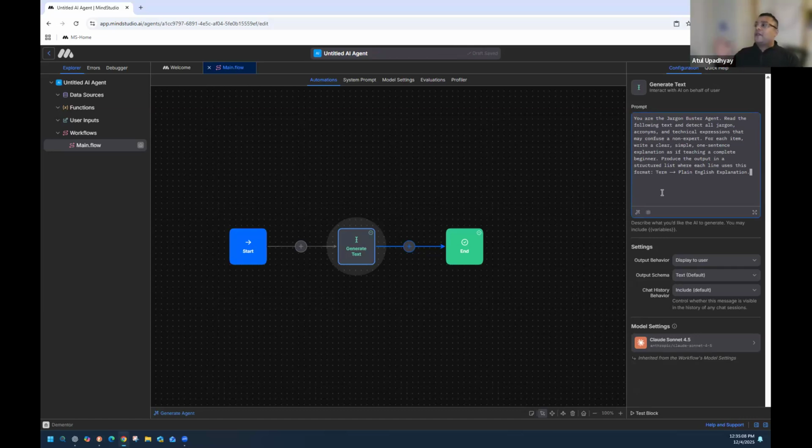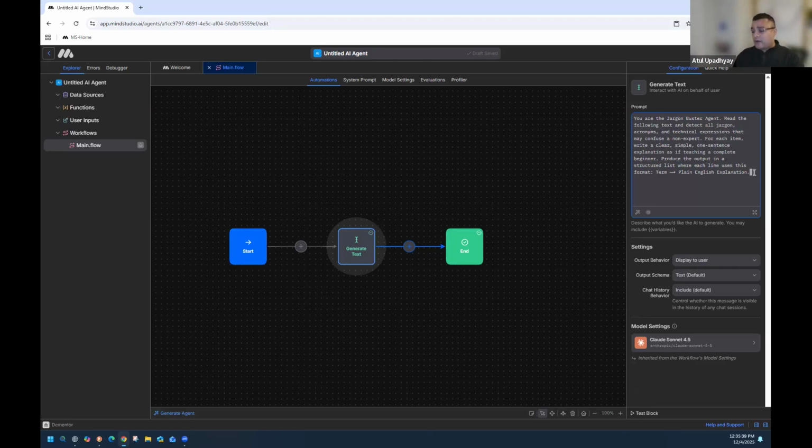Please read the following text and detect all jargons, acronyms, and technical expressions that may confuse the first timer or somebody who's a beginner, right? And then for each of those complex terms, please provide a clear, simple one-sentence explanation, something for a beginner. And then I'm also telling it further that I want you to structure it this way, right?